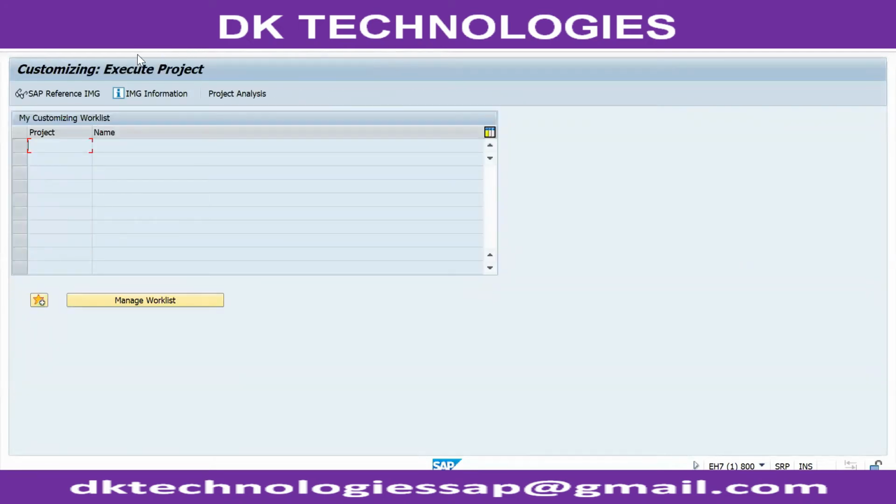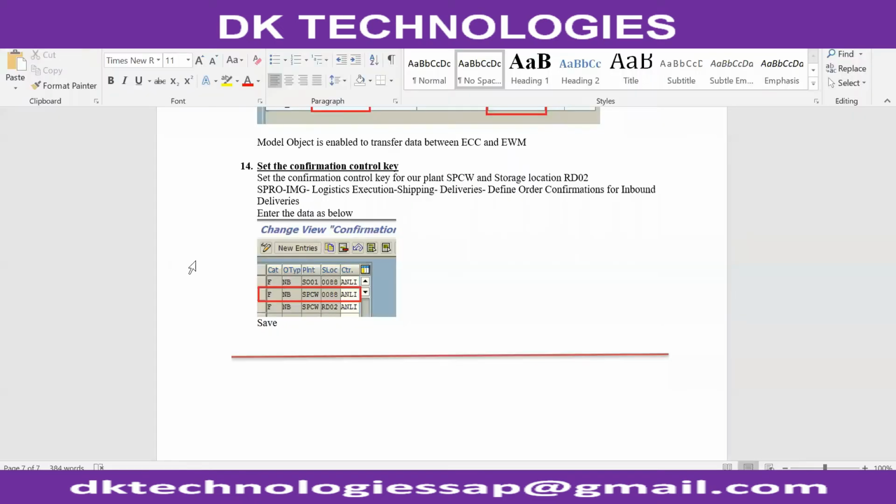Otherwise, it will not default in the purchase order. If you have not assigned or configured here, it will not be defaulted in the purchase order. Otherwise, you have to manually set up the confirmation control in the purchase order.